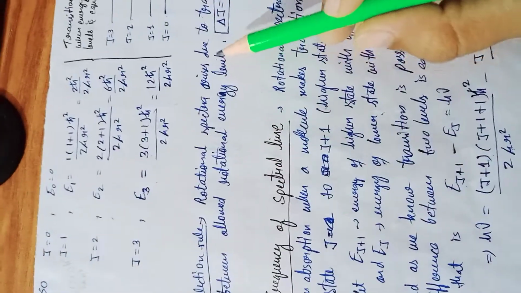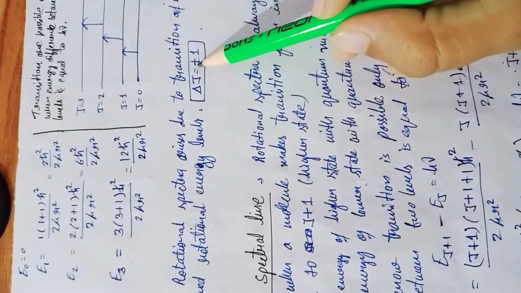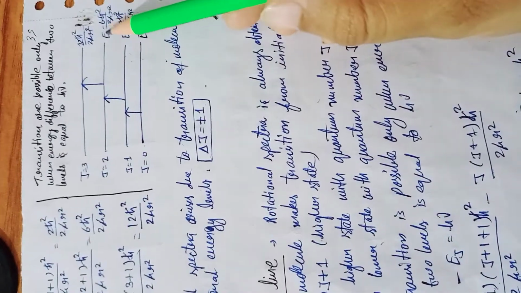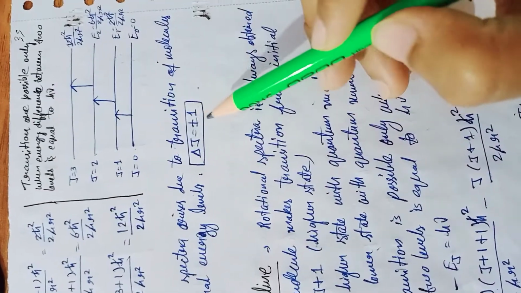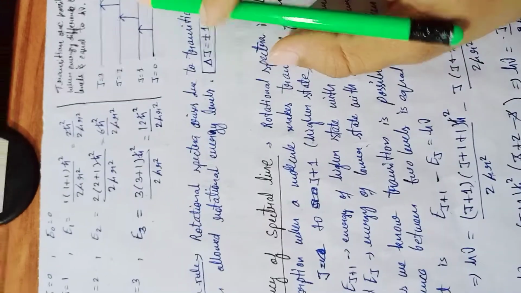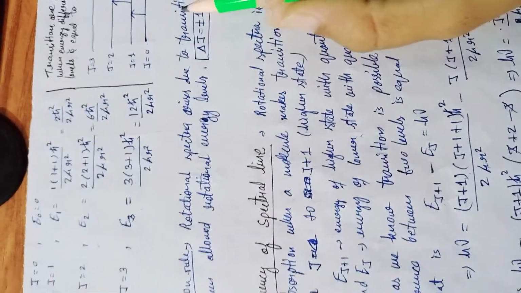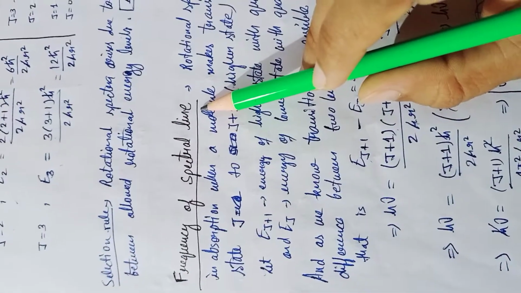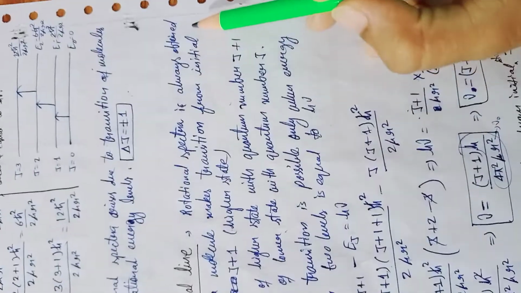Okay, the selection rule says a transition is possible when delta J equals plus or minus 1, meaning if we subtract any two of the levels, then we should get either plus 1 or minus 1 value. Then only such types of transitions are possible in rotational spectra. Now the frequency of the spectral line. Rotational spectra is always obtained